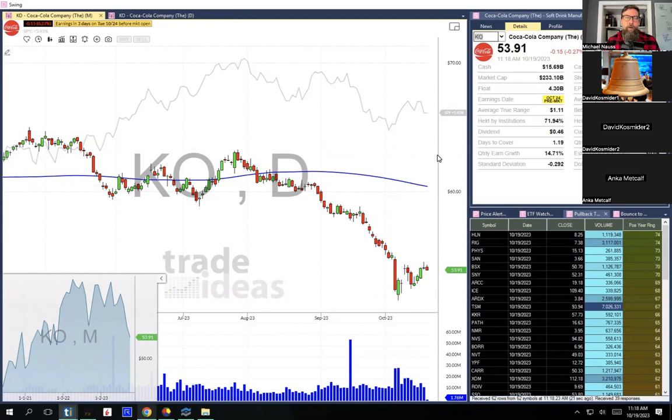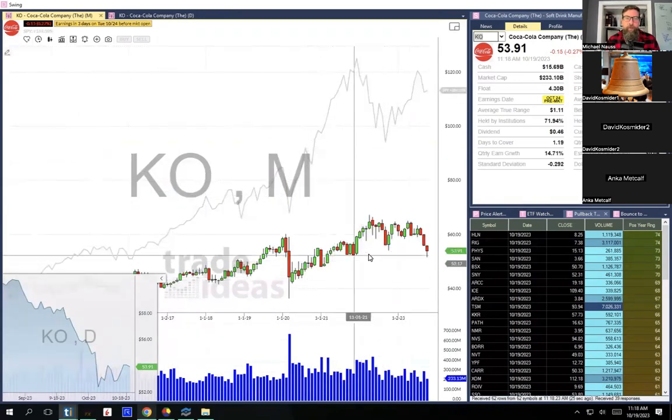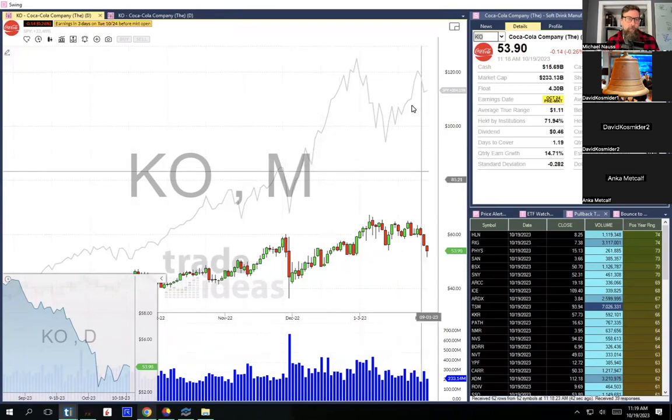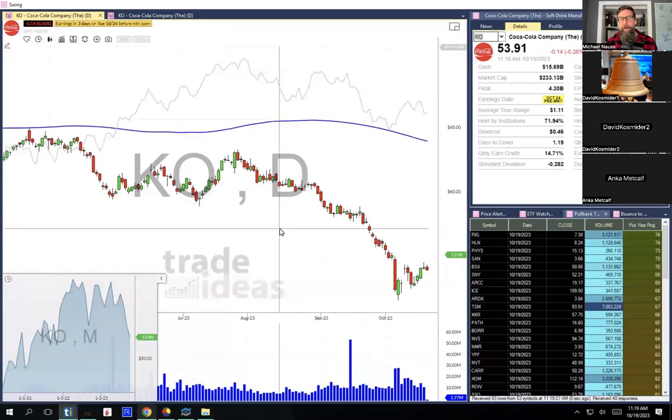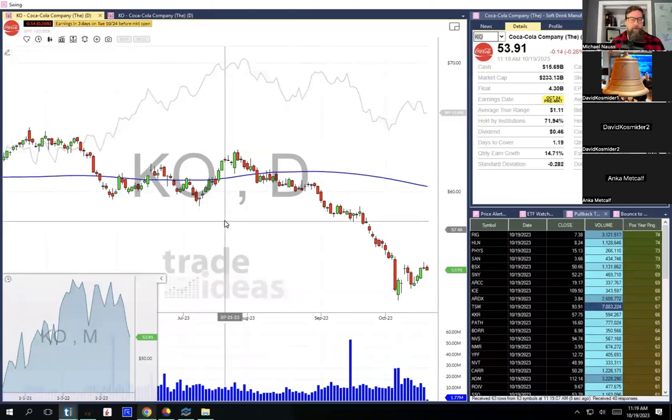If we zoom out and go from the daily chart into the monthly chart, right? If you're looking at this for the long term, like you want to put it in your portfolio and keep it for years, we are at an important level. We spent 5 months chopping around this zone, and really, is Ozempic going to mean no one drinks a Coca-Cola anymore? And does Coca-Cola not have the money to transition to something healthier? If that's the case, I don't know.